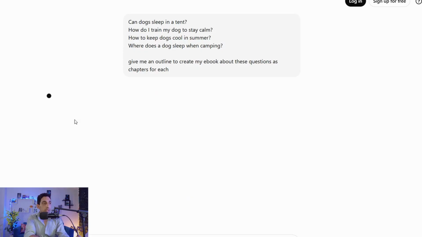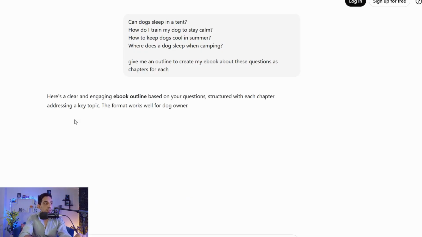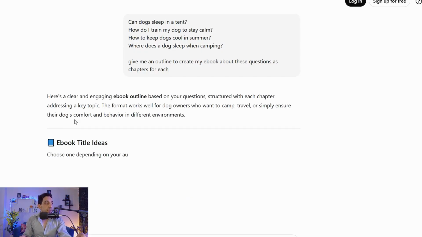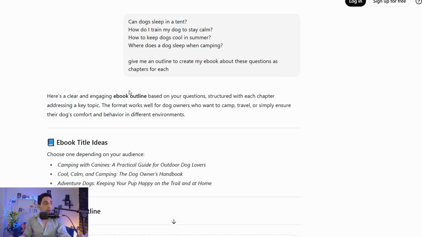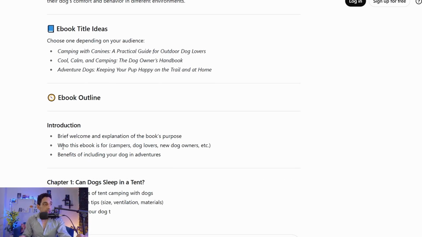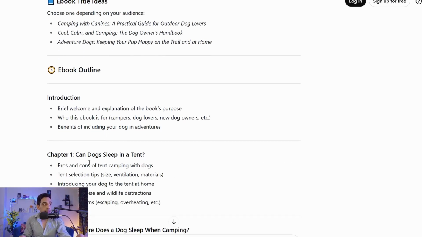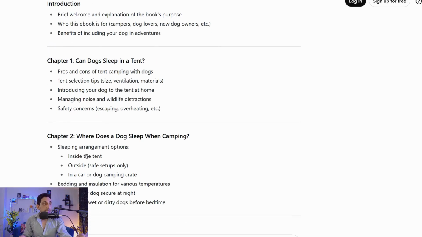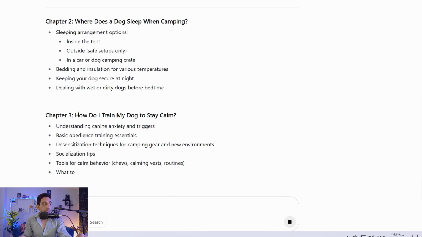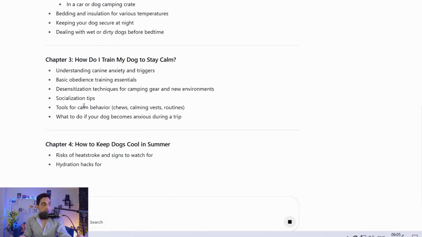So now click enter, and just in a few seconds ChatGPT gives you this entire outline of your ebook based on your questions as you see, like this one, introduction, and as for one, can dogs sleep in a tent, where does a dog sleep when camping, and so on and so forth as you see.